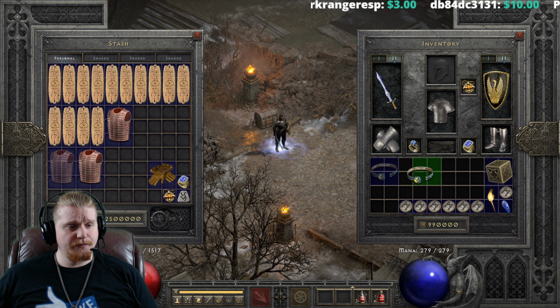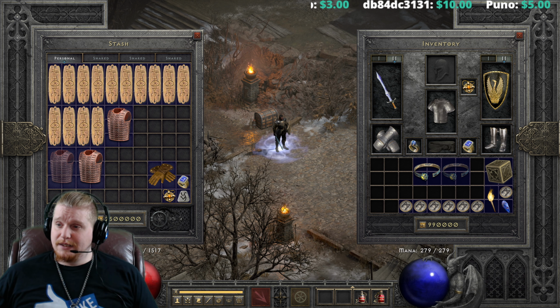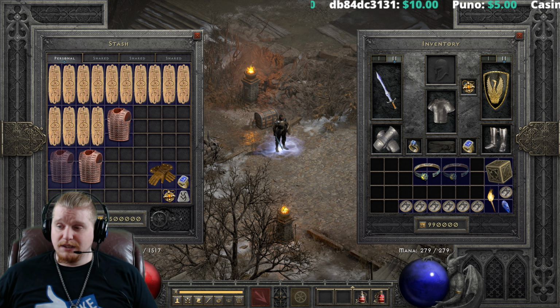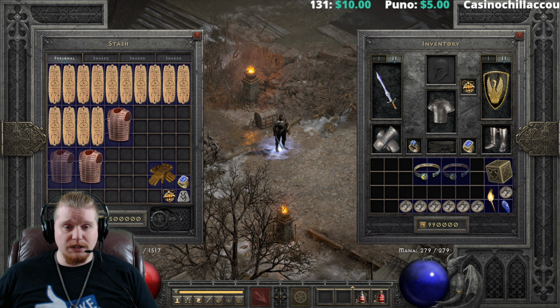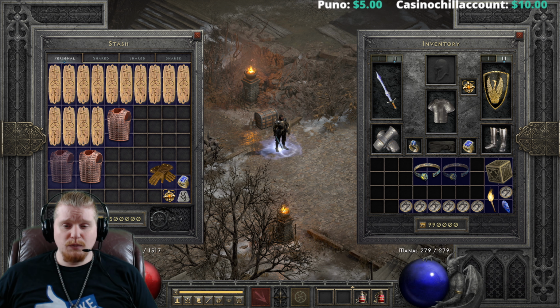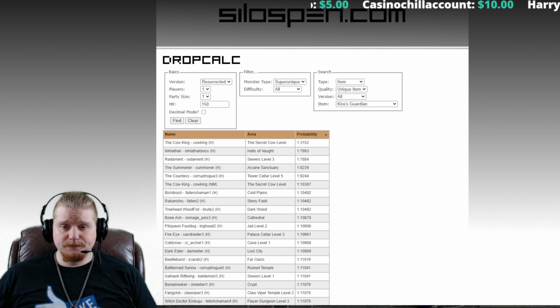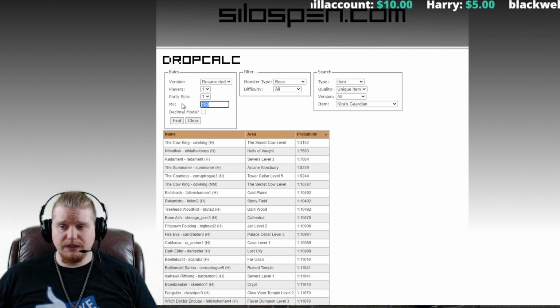Very interesting. Now, if you wanted to find this particular item, which a lot of people actually do like to get their hands on, a nice Kira's Guardian, you're going to have to hunt for it. So let's go over to Silo's Pen real quick, and we'll take a look and see where we could potentially get this item to drop from. I've got the Kira's Guardian here, and we're going to choose bosses first, and I'm going to assume 150% magic find